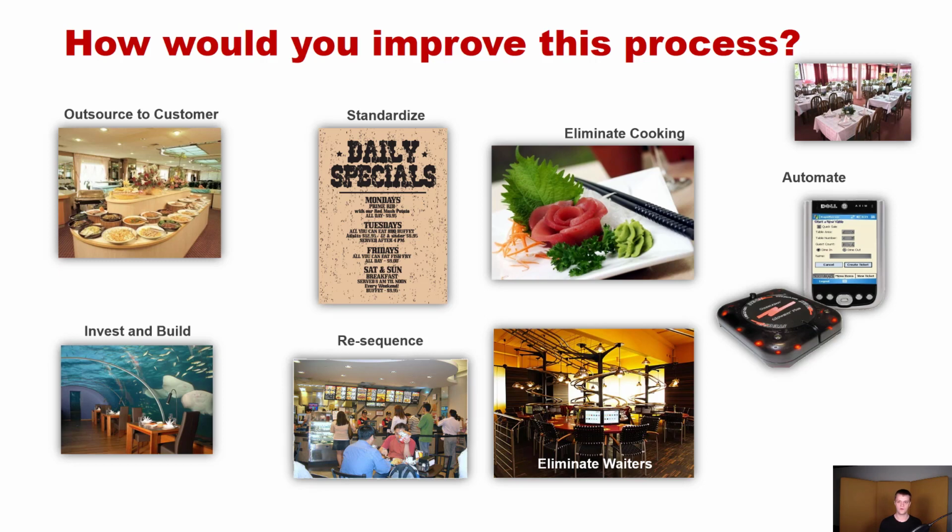You could automate parts of your work. You could invest and build. You could resequence some events. You could eliminate waiters. So there are a lot of things that you can do, and all of those are going to come at some cost. But they will also bring some benefits. And no matter which ones here you choose to do, which way you try to go with changing the way your business operates, each of those changes are going to, at the very least, result in changes of the underlying business processes as well, if not changing those processes directly.